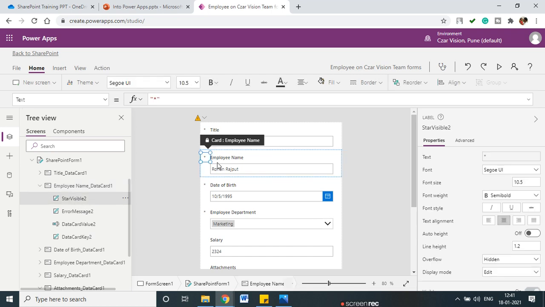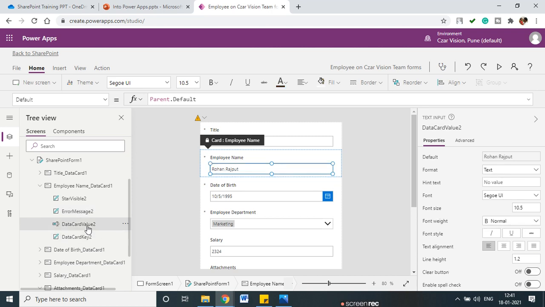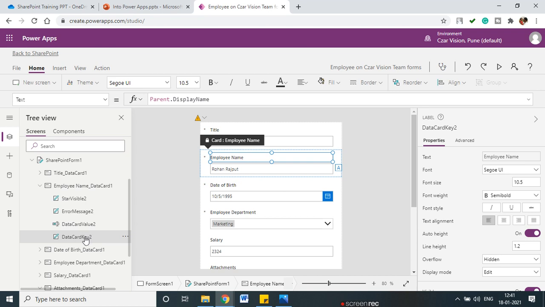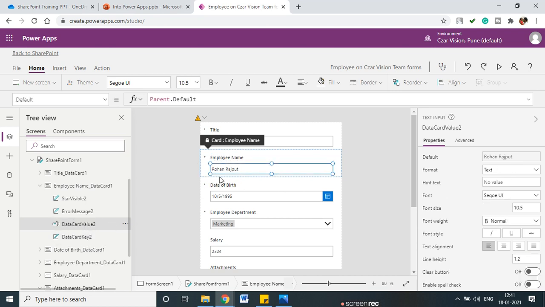In that there is a star visible, which means it is a required field. Error message: if you have not filled in this field, an error message related to it will display here at the bottom. Data card value is a map with the data source. And here, card key is the name of this field. Data card value means the specific SharePoint data source value that is stored